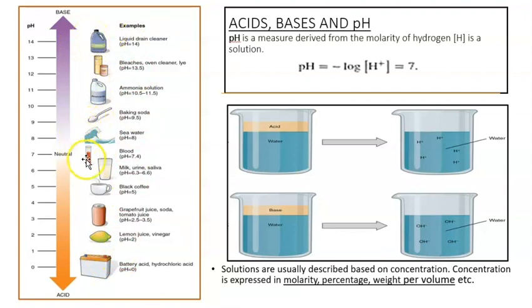In our case, what we need to know is the pH of blood is going to be 7.35 to 7.45, which is almost neutral. It's right here, right? It doesn't get to 8. So the number of hydrogens that is going to give you the pH is measured based on concentration. Now, how can this concentration be expressed? Well, it can be expressed in molarity, in percentage, weight per volume,